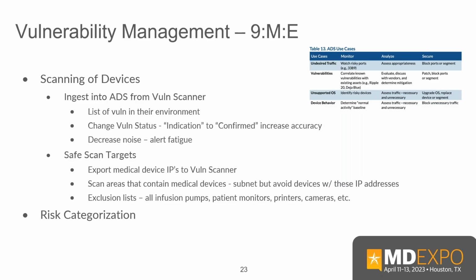here you're able to ingest from the vulnerability scanner a list of vulnerabilities that the scanner is seeing, changing what you think is an indicator to confirm as you're looking at medical devices. The vulnerability scanner can send you the information to confirm everything you think about the environment, including the IT devices. More information about the ecosystem that the medical devices are in will give you a better picture of the real risk and how to prioritize. And then, in reverse, the asset discovery and security tools can send back to the vulnerability scanner,